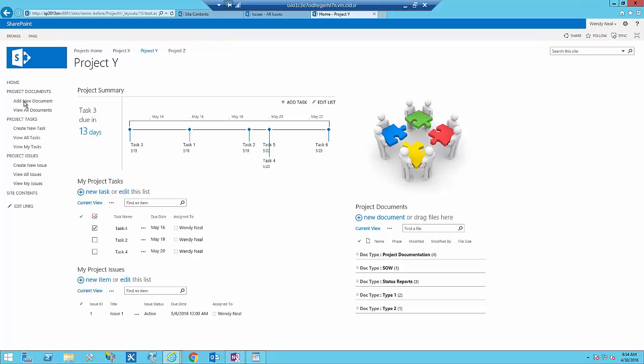I want to add a new document, or I want to view all documents, or I want to create a new task, or view all tasks, or view my tasks. It's very obvious what content I am going to see or what I will be able to do when I click on this link. And on the landing page, aside from adding the image here, I've also redone my tasks